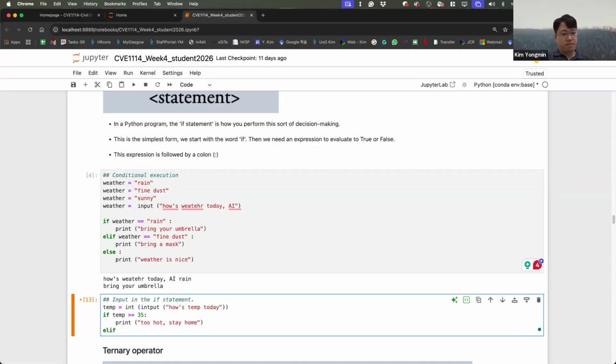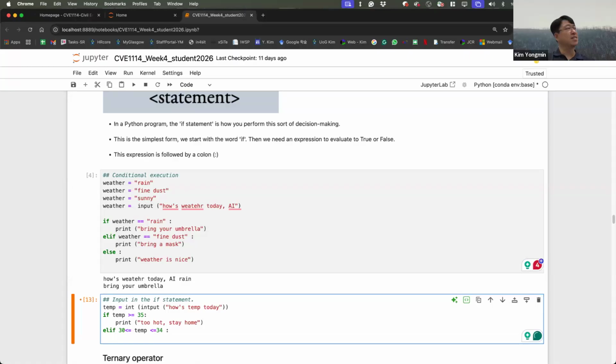Else if your temperature is probably more than 30 but below 34, print: kind of hot, but still okay to play tennis, kind of good for playing tennis.